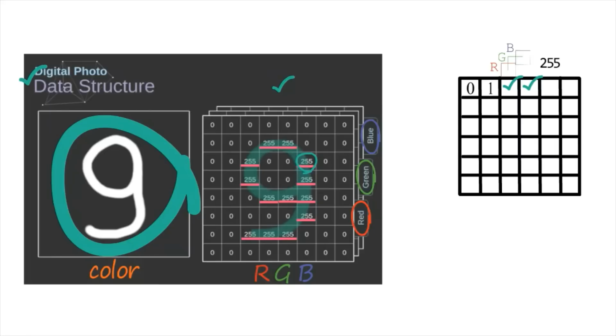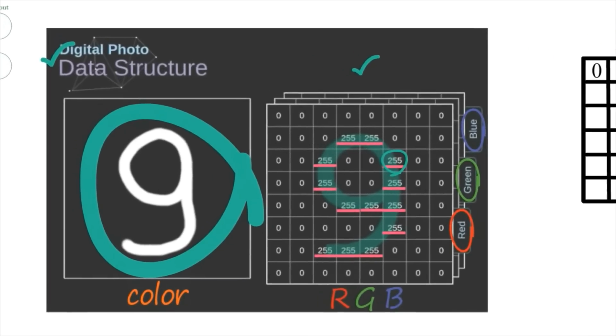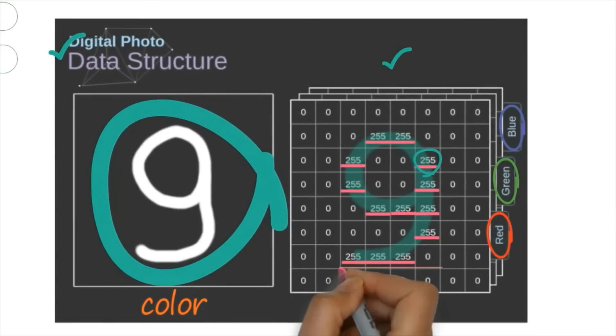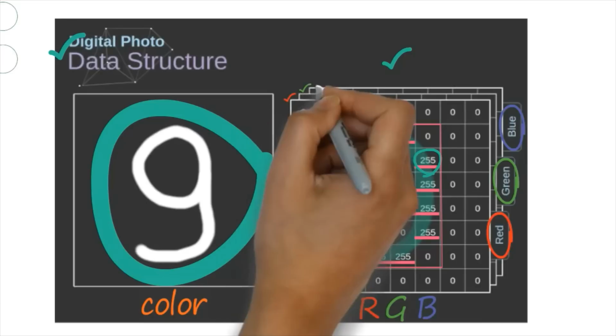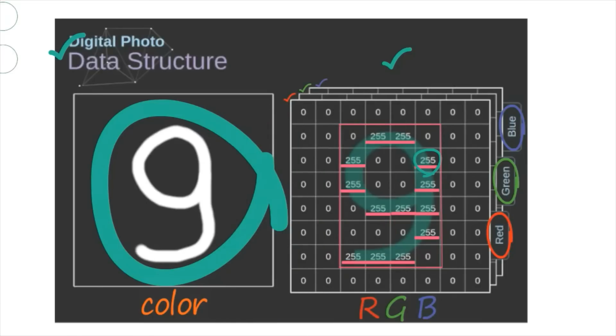255 means it is the intensity, and the rest of the intensities are 0. It means the pattern of the 9 will be displayed in this region. So we will have a high intensity value of the pixel in this region only. That's why I'm talking about the colored image, and you will find that for displaying this colored image, we have 3 separate frames, one for red, one for green and one for blue. So this is a very simple data structure that we are using.